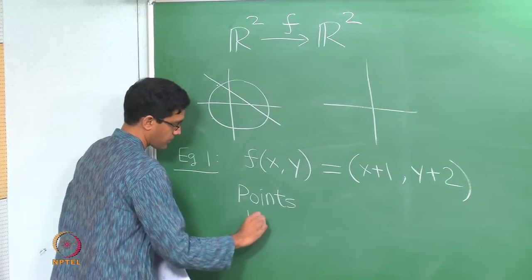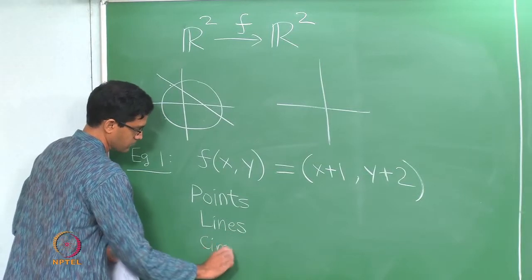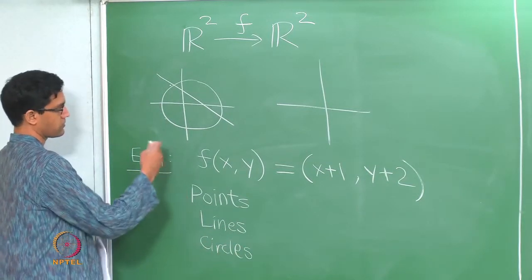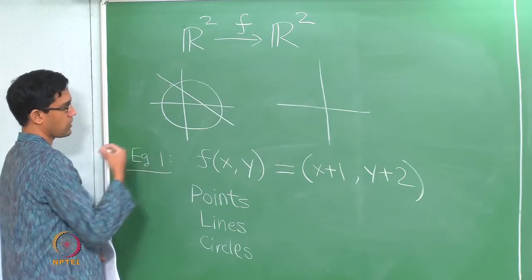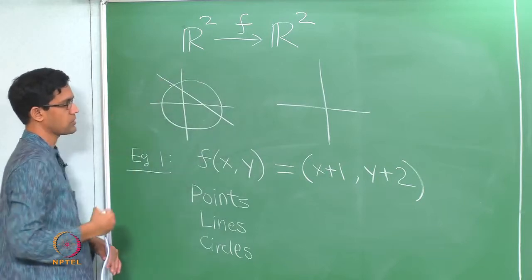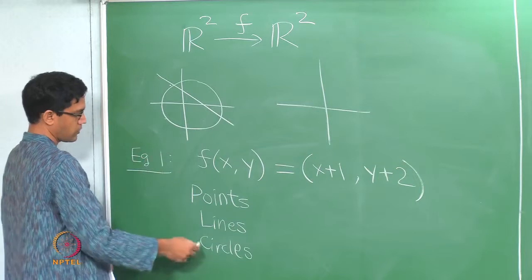So, these points are what we often call 0-dimensional objects. Lines are just 1-dimensional, circles are also just 1-dimensional, the plane itself is 2-dimensional, and we could also look at